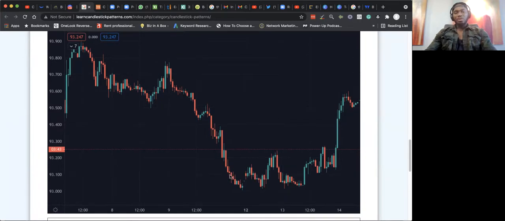I think it's important to just take a quick, informed guess and move right on. Basically, we have another support line here, down here at the 93.0 mark. And it looks like what looks like a head and shoulders,